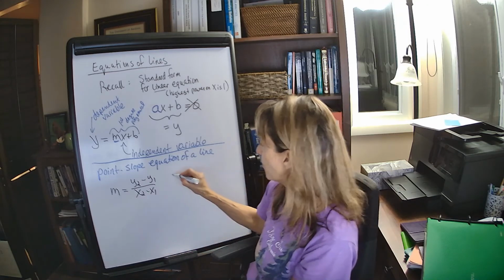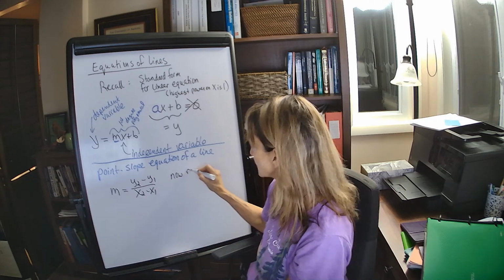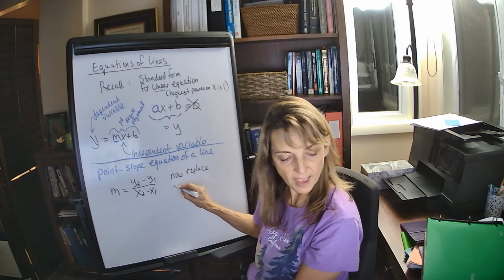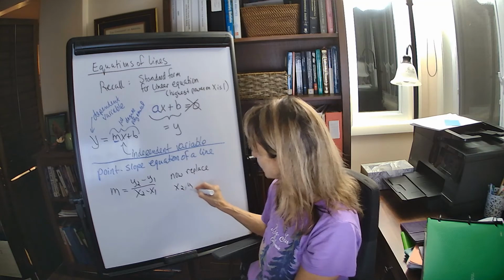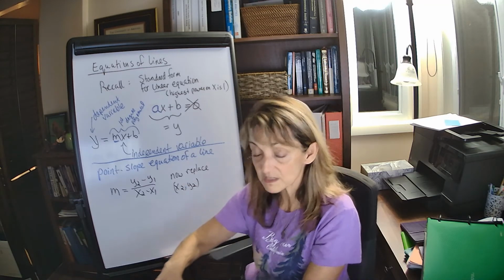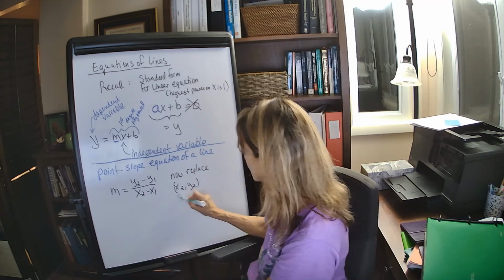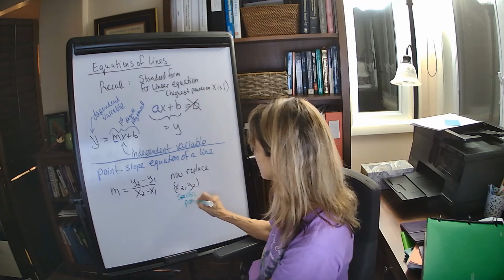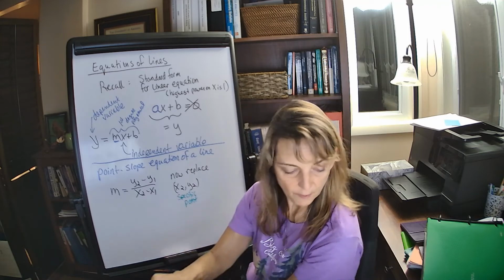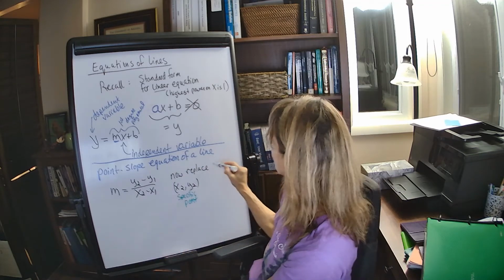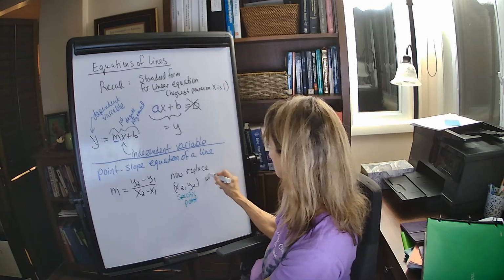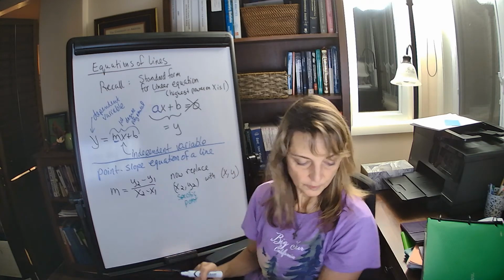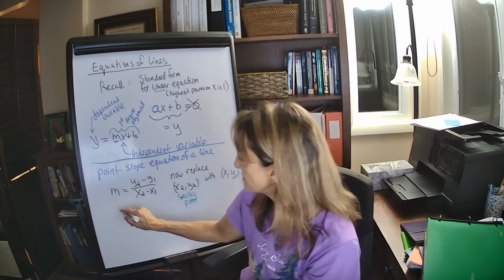So now we're going to replace the x2 comma y2, which, remember, was a specific point, and we're going to replace it with the variables x, y. So what that means is if we have